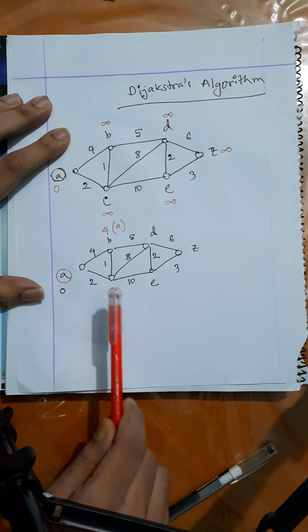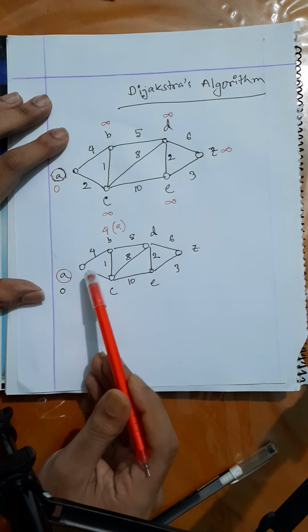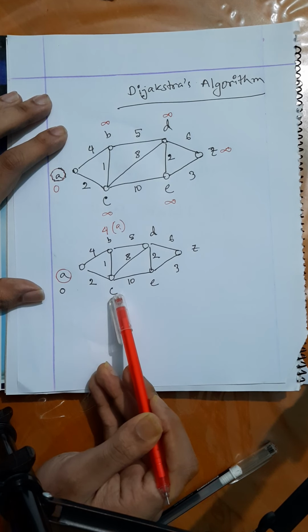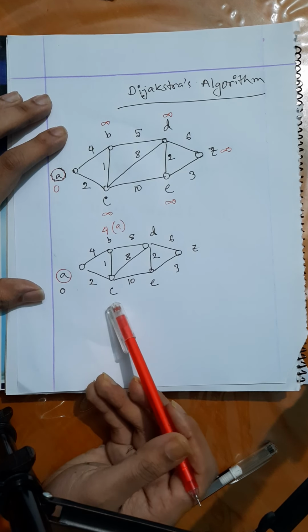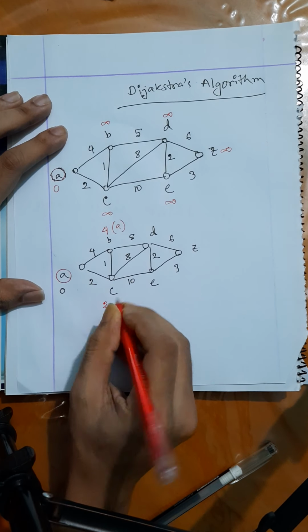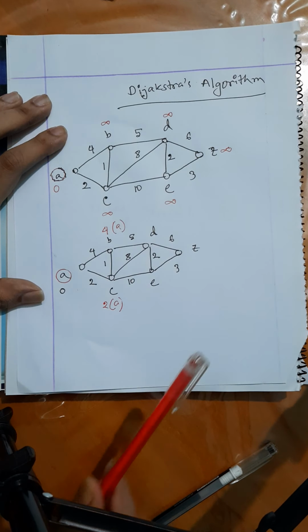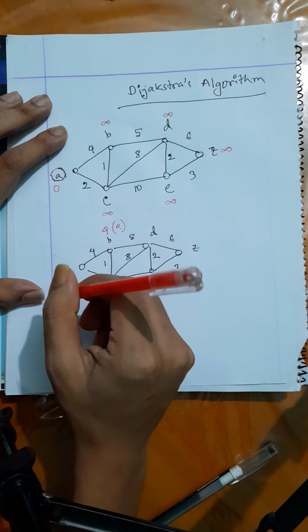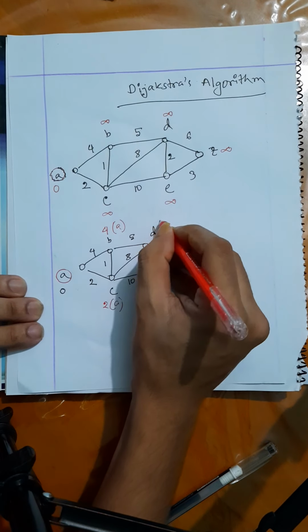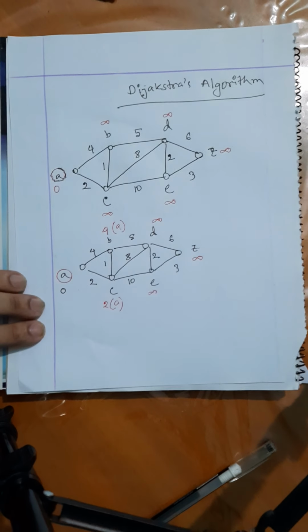In a similar way, the distance value of C can also be updated to 2, because using a cost of 2 from A we can reach C, and the previously assigned value for C was infinite, which is obviously greater than 2. So we will update the distance value of C also, and we'll keep track of the path again. The other nodes are not reachable from this node A, so those will be unchanged for the moment.